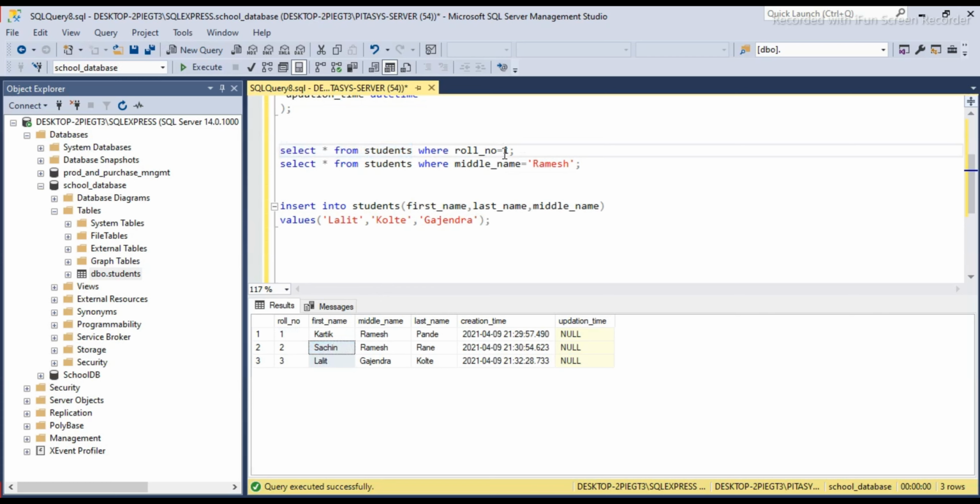Now if we want to see the student having roll number equal to 3, then we can search like this: select star from students where roll number is equal to 3.